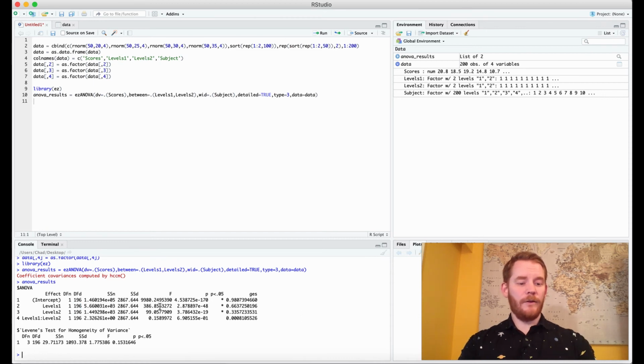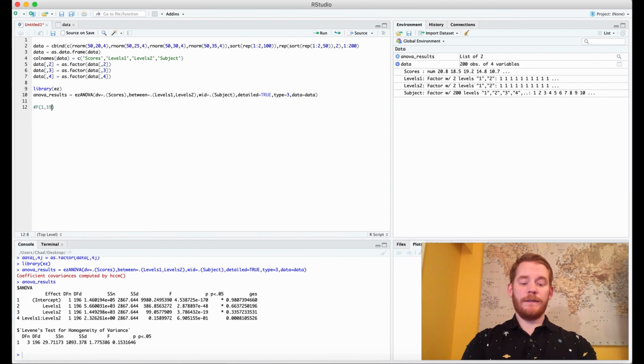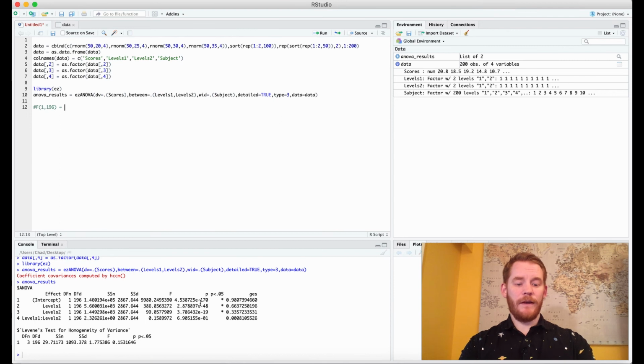And so for our first main effect, we have this f value. And so when we look at our p-values, we see our first main effect's very small, so it is significant. Same with our second main effect, but our interaction effect isn't significant. So how do we write this out? So we're going to put F(1, 196), which is our 2 degrees of freedom, equals our first f value, which is 386.86. Oops. And our p value is less than 0.0001, and our generalized eta squared is